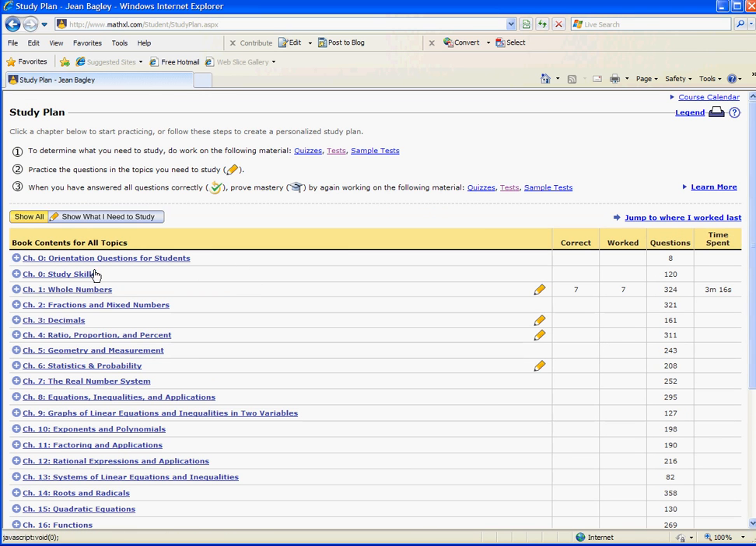My study plan says if it has a pencil, it means you need to work on it. I need to work on whole numbers. I need to work on decimals and ratio, proportion, and percent, and statistics and probability. I need to work on all of those. So I'm going to start here